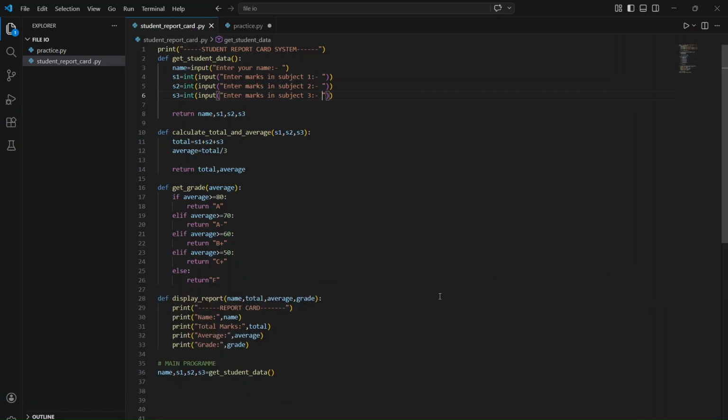So let's just continue with our work, then we shall see how it goes, how it's displayed. So we have done for name, S1, S2, S3. Now we are going to do for total, then comma, average, because we also need to call that function for total and average so that the computer can total the marks that the user had inputted, the average the user had inputted. So total, average is equals to calculate